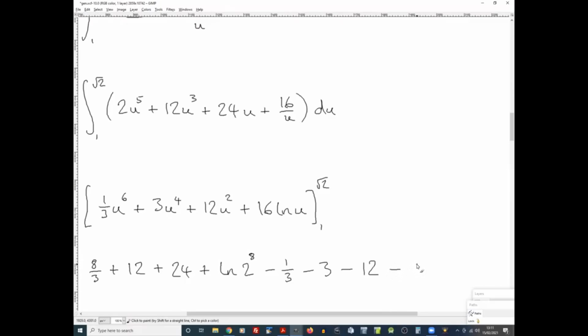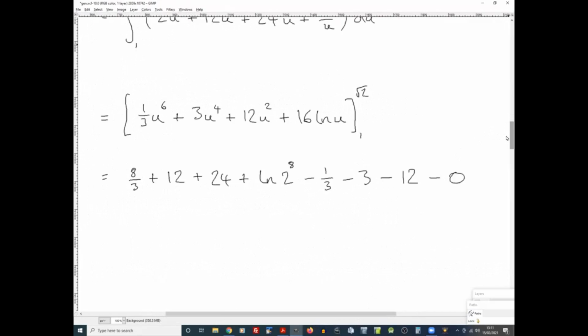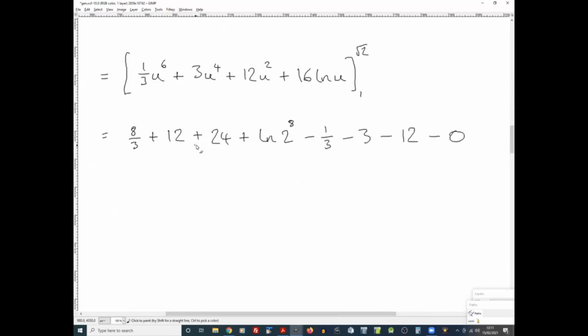So the whole term is 0 there. Okay. So the 12s cancel. We've got 7 thirds